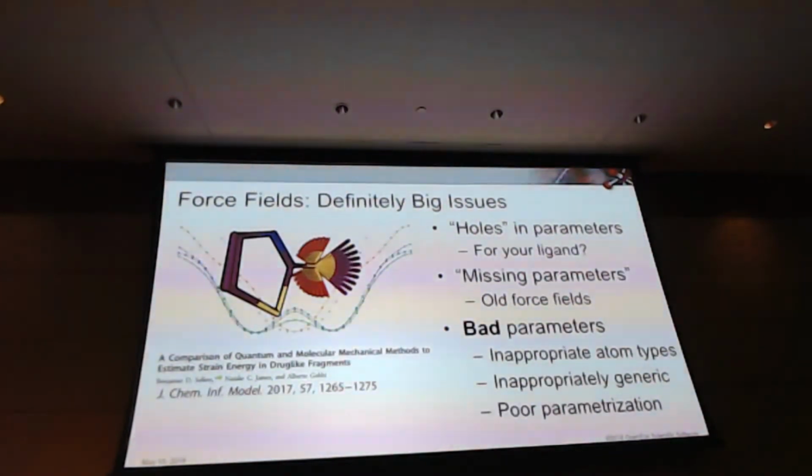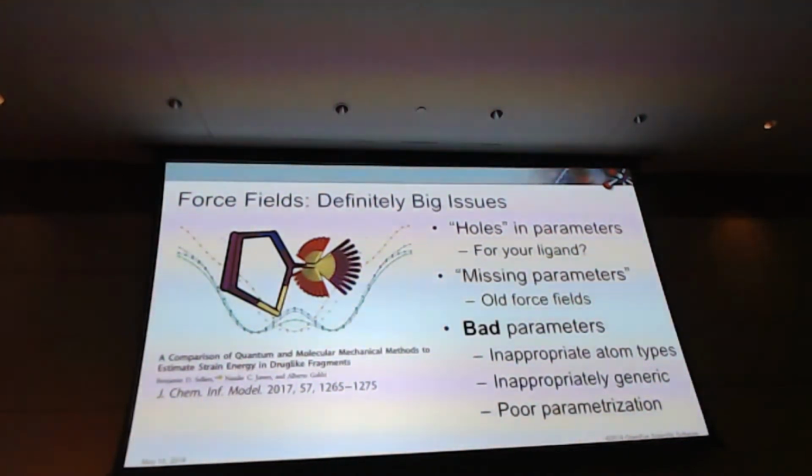So this is the slide where I should do the trashing of small molecule force fields. I don't have time to do a really proper trashing, so I'm just going to do a symbolic token trashing. They're the whipping boy of current simulations now. It's what you can blame a lot of your inaccuracy on, and often that's true, but sometimes I wonder if it's always true. I just want to point you to this really excellent article from Genentech by Alberto Gobbi, where he went into detail on where some of the defects are in force fields.